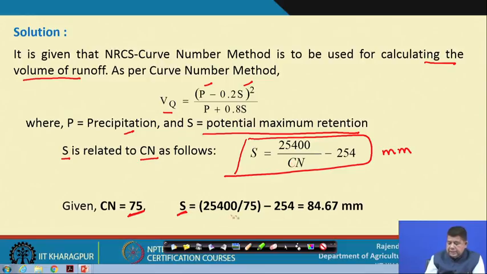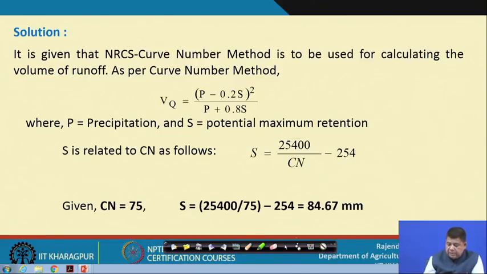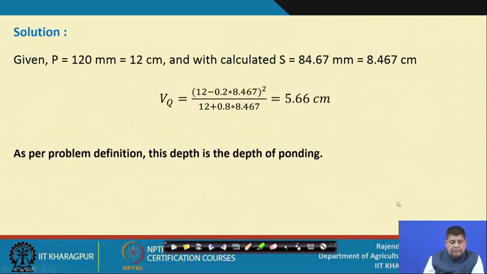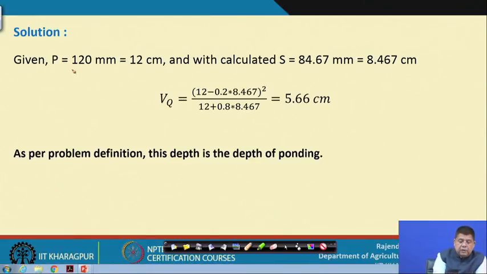S value is 84.67 millimeters, and the precipitation is given as 120 millimeters or 12 centimeters, and the value of S we have calculated is 8.467 centimeters. We are converting into centimeters because the values of P and S required in the curve number method are in centimeters. So, putting these values in the formula, we get Vq equals 5.66 centimeters,